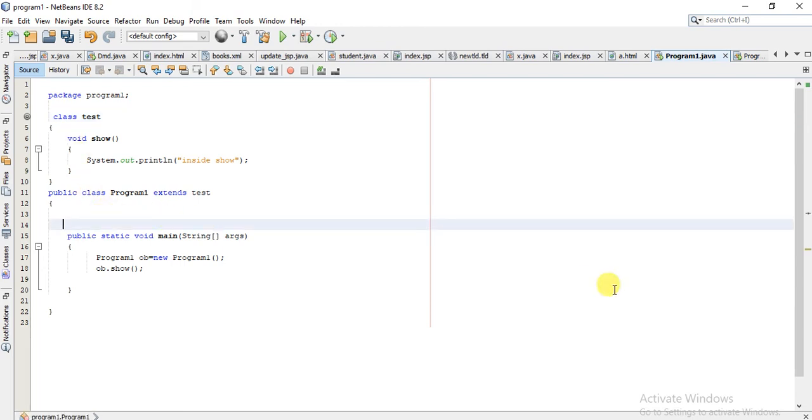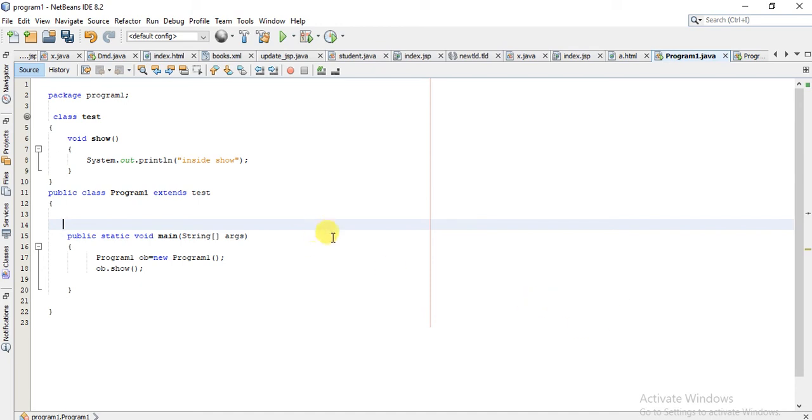Okay, now let us see the next use. Inheritance is used for reusability. Inheritance provides reusability, and it is used to enhance the features.